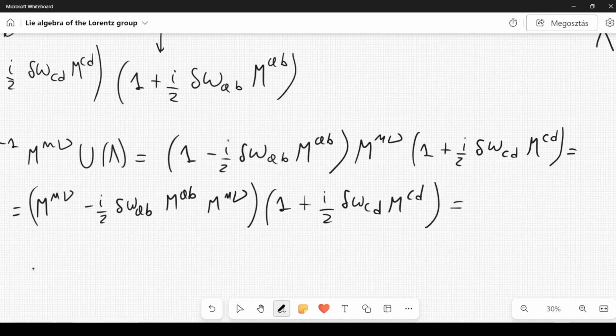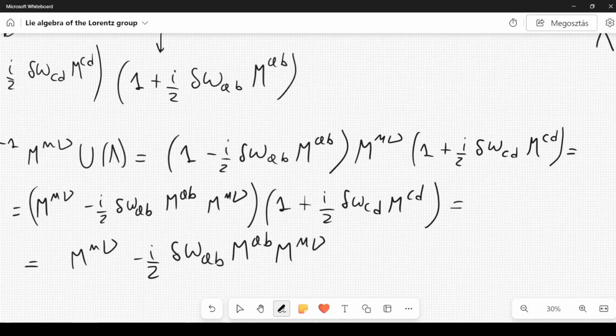Then we multiply them and we discard the terms which are higher than the first order, so we keep only all terms up to the first order in the delta omegas. So we have M mu nu minus i over 2 delta omega AB M AB M mu nu plus i over 2 M mu nu delta omega CD M CD,